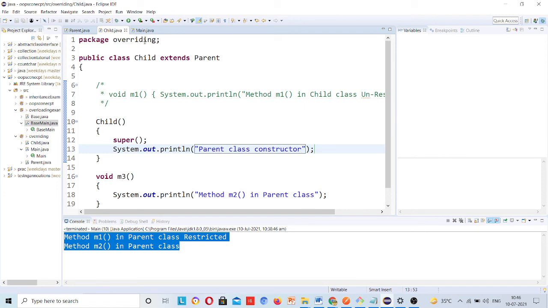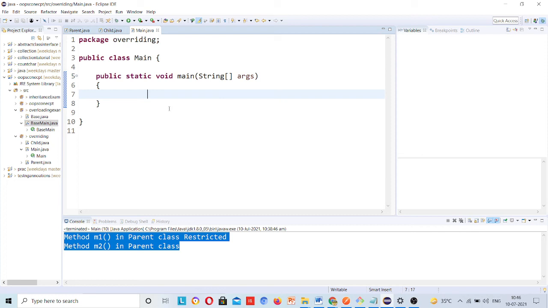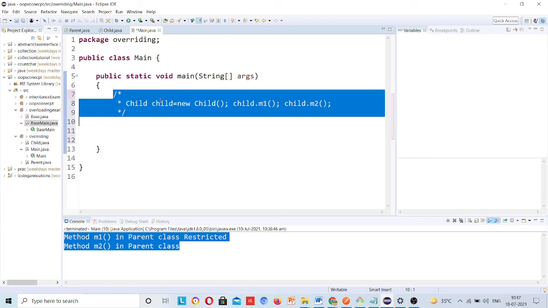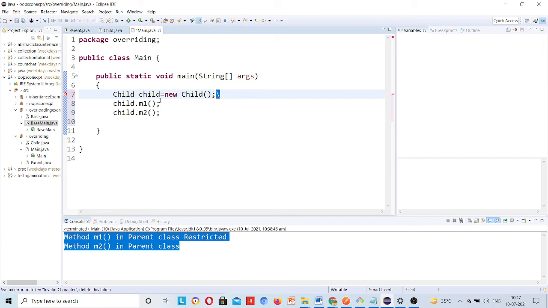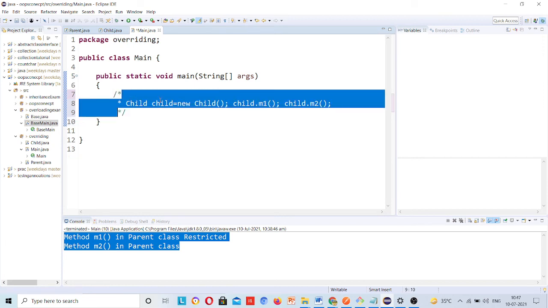Now I will create an object: Child child = new Child. I will comment this code out.